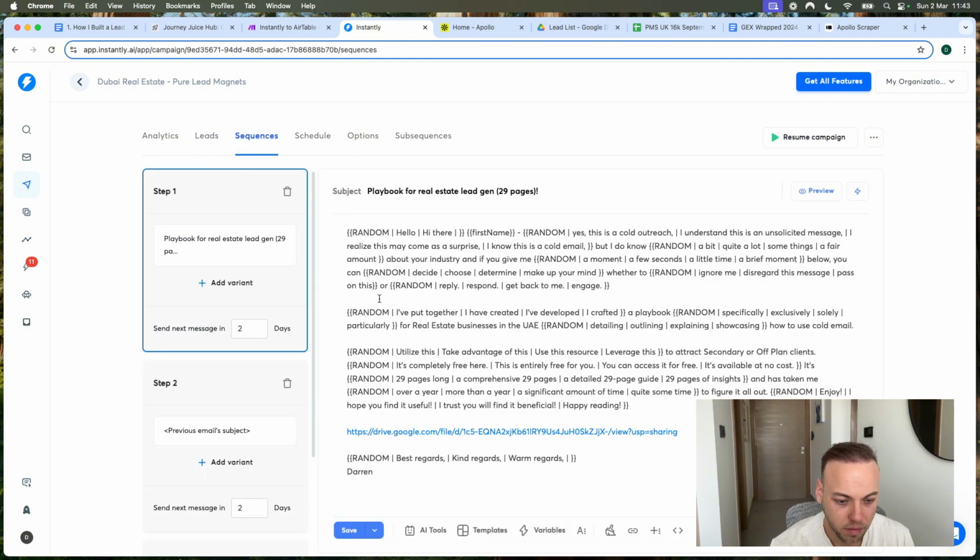This one may look fairly confusing because there are lots of curly brackets and random words, but this is what they call Spintax. Spintax is a mechanism which randomizes the text that will be sent. So sometimes I might say, hello, Darren. Sometimes I might say, hi there, Darren. Other times I might just say, Darren. And the more randomized you have this, the less likely you are to be blocked by your email service provider. But if you click on preview, you'll see,